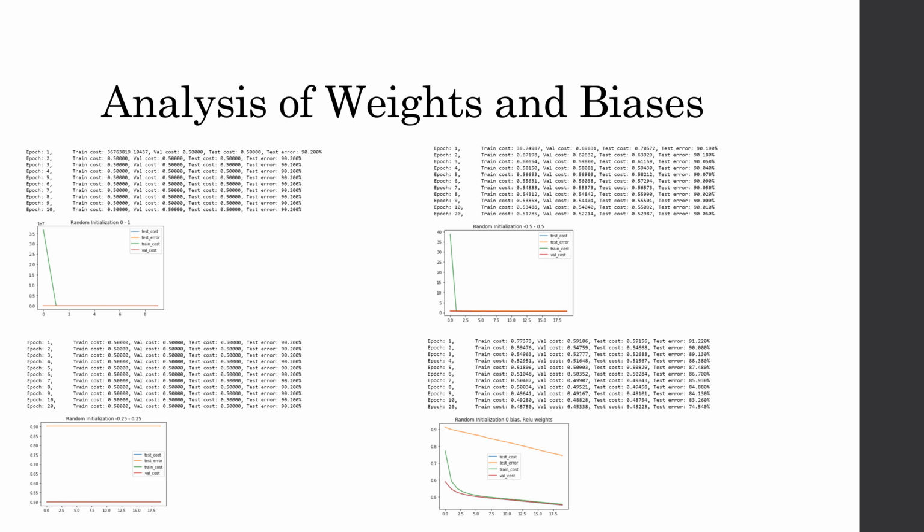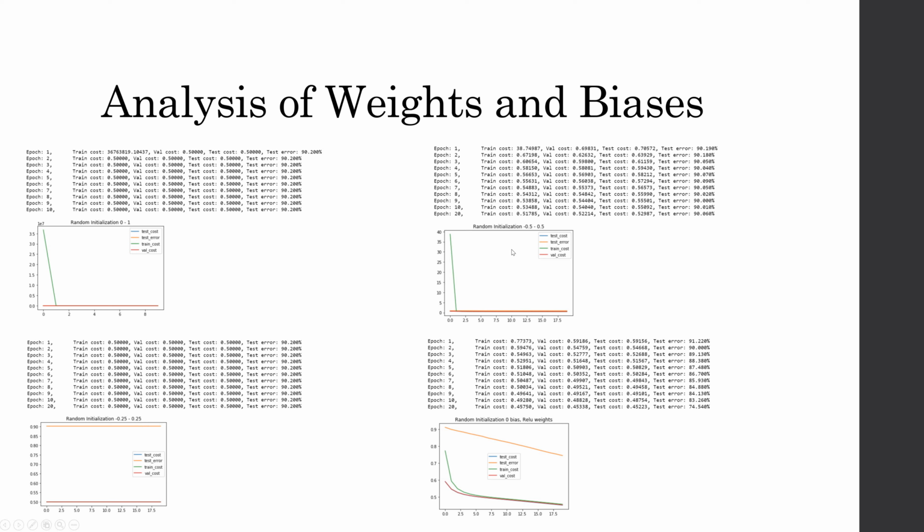Now let's look at some exploratory analysis. First thing we have to look at is the weights and biases. So in a neural network, you have to initialize the weights and the biases, and that could be really tricky. In fact, it was really tricky for me, and I got to a point where I thought I might not be able to complete this project. What you'll see here are 4 examples of 4 different ways I initialized the weights, and just 10 epochs to see how they behaved. You'll see that random initialization between 0 and 1,